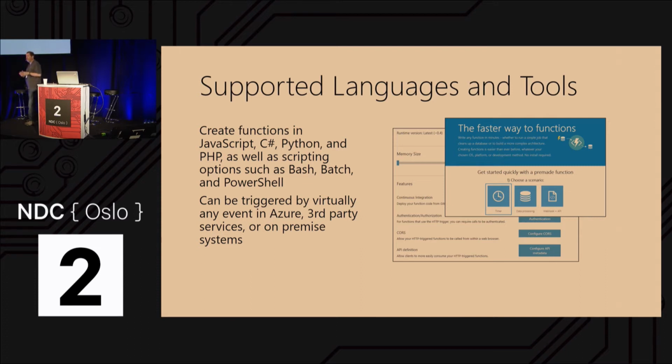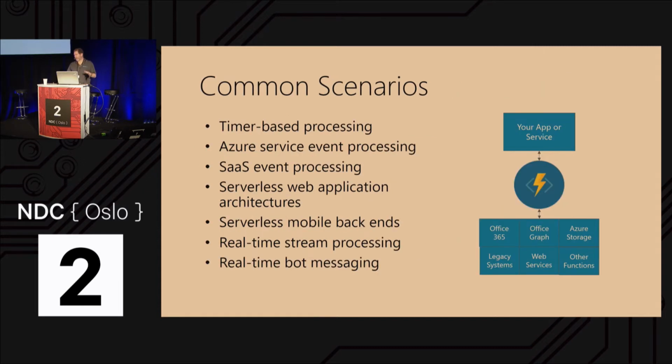It can trigger on almost anything, and that's part of the value, right? You have to be able to trigger this function on almost anything you want, easily. And you're going to see how easy it is when we do the demo. So you can trigger it on basically any event within Azure. You can have functions interoperate with each other. You can trigger it on third-party apps like, I don't know, OneDrive or Dynamics, things like that. And it's got all these templates that you'll see in a second. So it's got a pretty rich tooling set, even though it's fairly new, and that tool set is kind of expanding greatly, quickly, I should say.